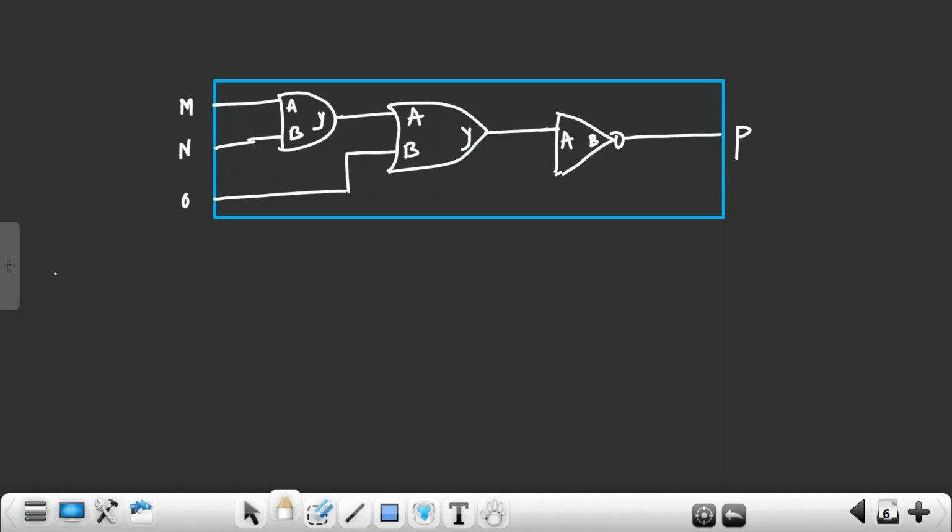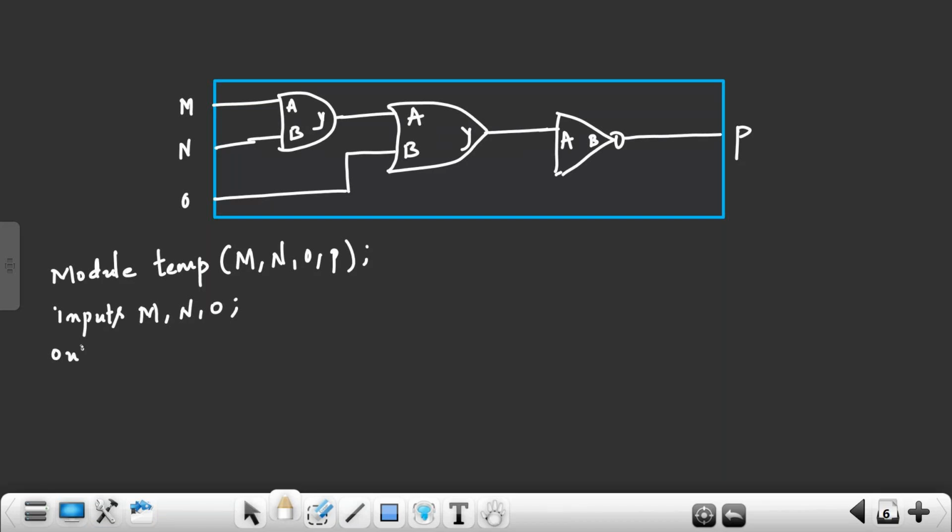To write the netlist for this, we follow the same procedure. Module. Module is a starting keyword in Verilog. Then the module name; any module name you can use. I am using temp. I have to declare the inputs and outputs. The input ports are M, N, O. The output port is